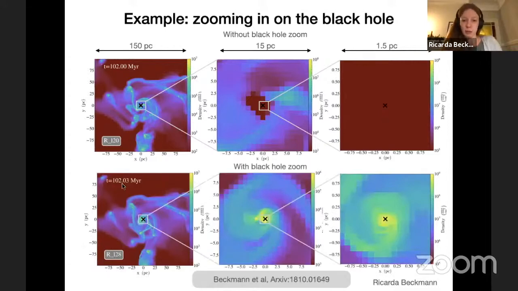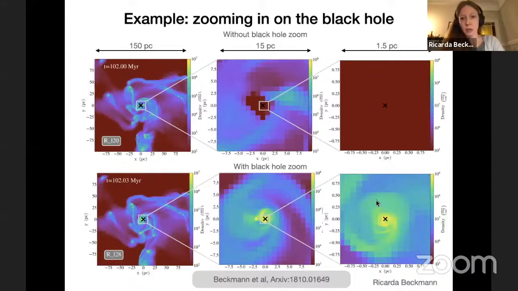Now, with my zoom algorithm, this is what we get. On the large scales, the simulations are virtually identical. We retain a lot of the information, but we were able to add a targeted extra refinement around the black hole that's allowed us to retain and recover a lot of this information right near the black hole as we run throughout the simulation. Which has made it possible to study the gas flows from the intragalactic scales all the way to the black hole dominated scales in a single simulation. Obviously at increased cost, so it comes at a price of other trade-offs, but it's still, I think, a huge step in the right direction.